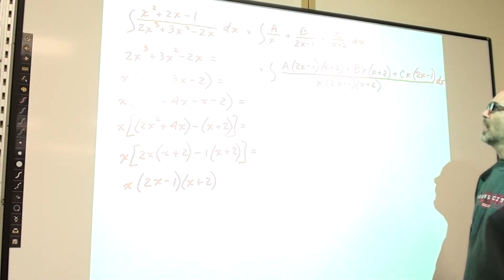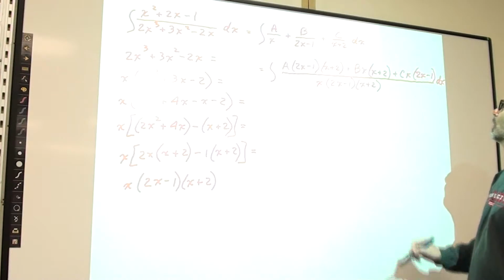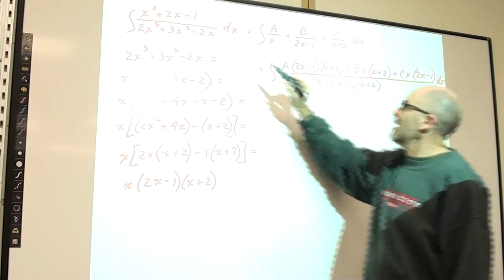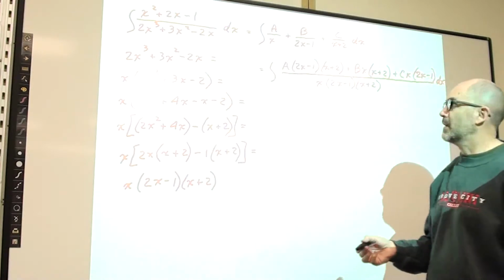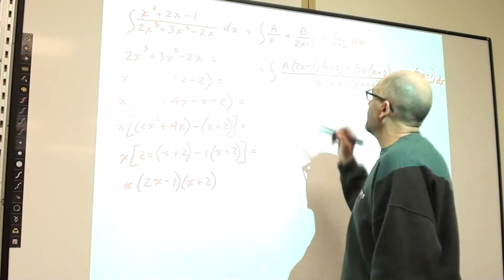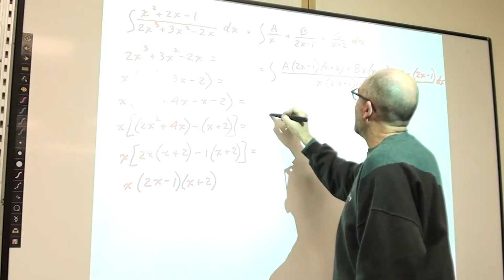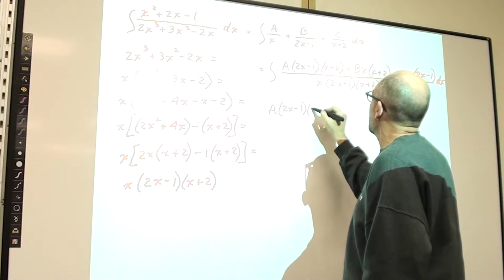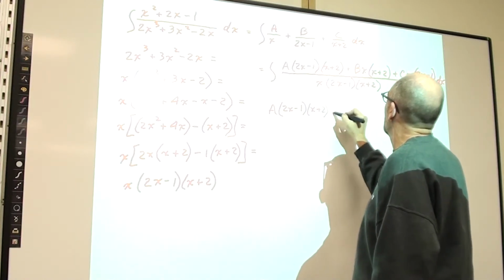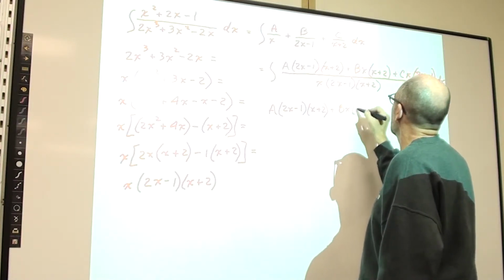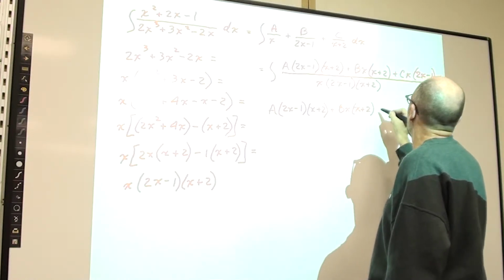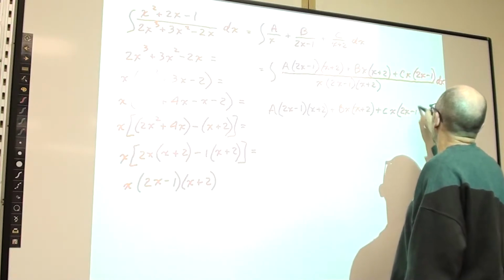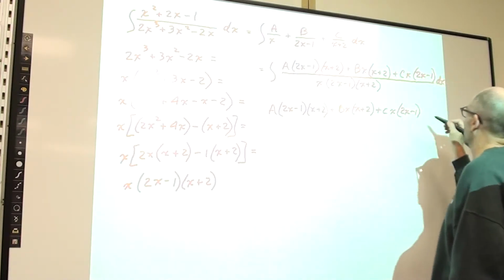Okay, so now, just like we did before, we're going to say what we have in the numerator has to equal what we have in the numerator from the beginning. So that means that we've got a times 2x minus 1 times x plus 2 plus bx times x plus 2 plus cx times 2x minus 1 has to equal